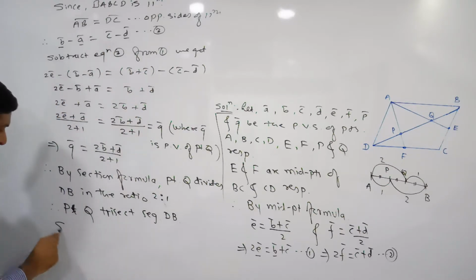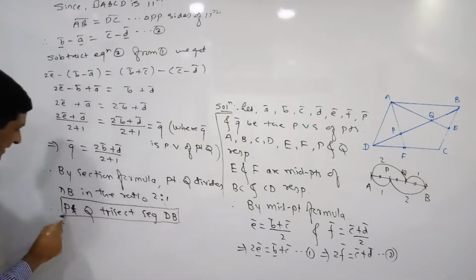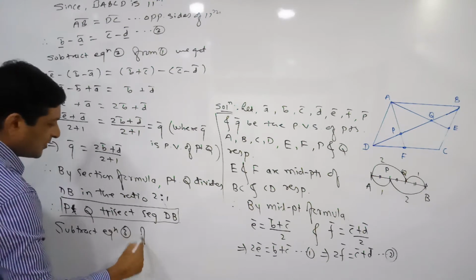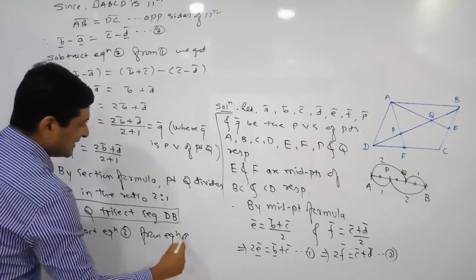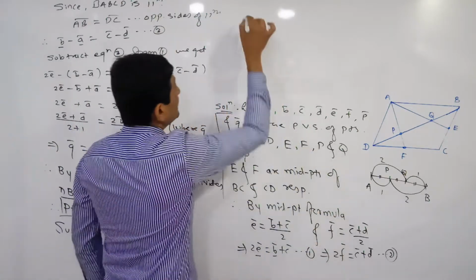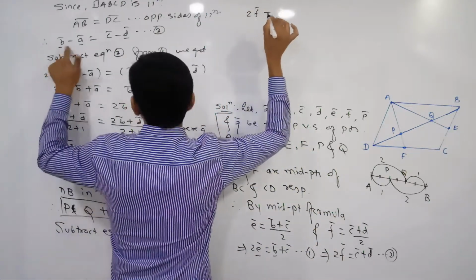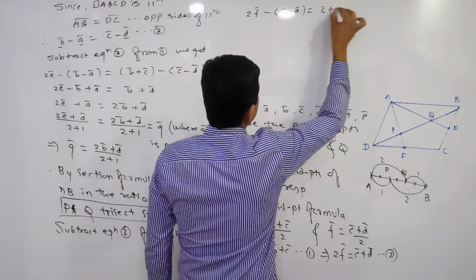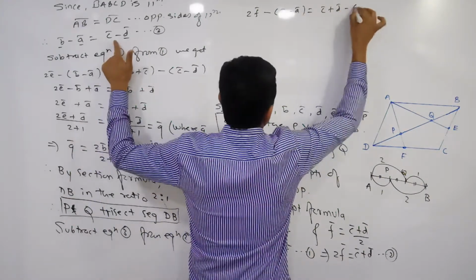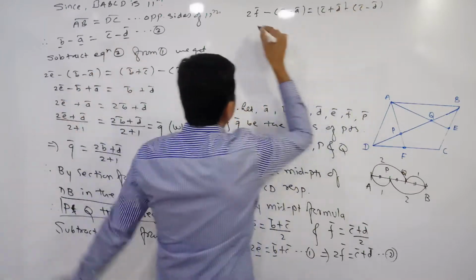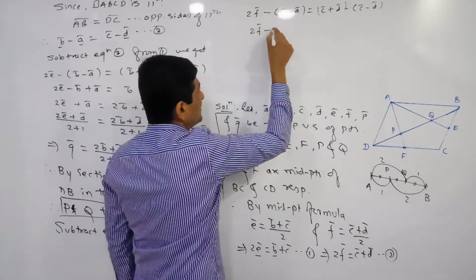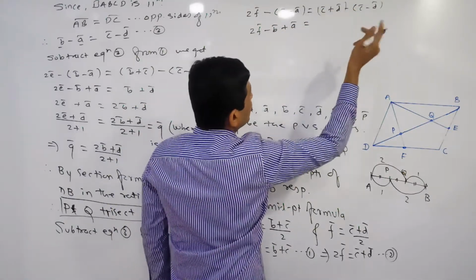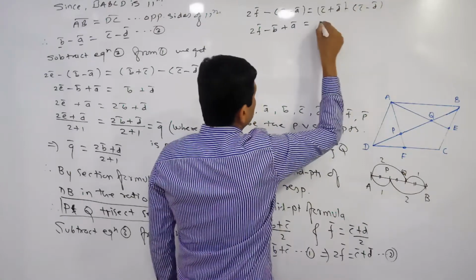So we are subtracting equation 3 from equation 2. Let us see what we'll get. On this side 2F bar, keep it as it is, minus B bar minus A bar is equal to, and on the right hand side C bar plus D bar, keep it as it is, minus C bar minus D bar. So on this side 2F bar, minus into B bar is minus B bar, minus into minus is plus A bar, is equal to, here plus C bar and minus C bar get cancelled, and D bar minus into minus plus D bar means 2D bar.